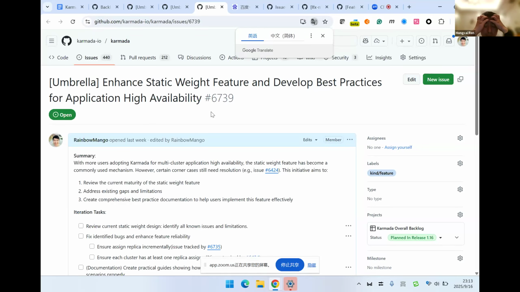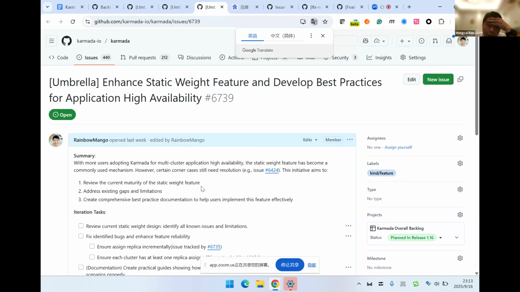So far we have met a lot of users using the static weight feature for application high availability. We also have some feedback, and we need to enhance this feature.